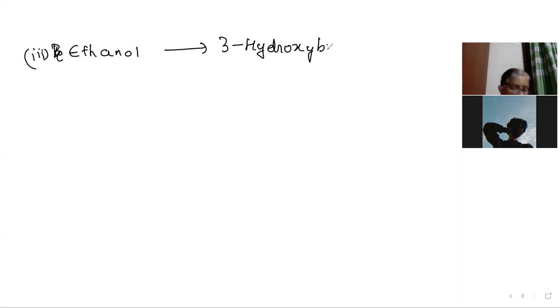Now, how to convert ethanol to 3-hydroxybutanal. I'll do the second one later after I do the carboxylic acid chapter part. This is question number 12.15, subdivision 3. Okay. So whenever you have any conversion, first write down the structure of